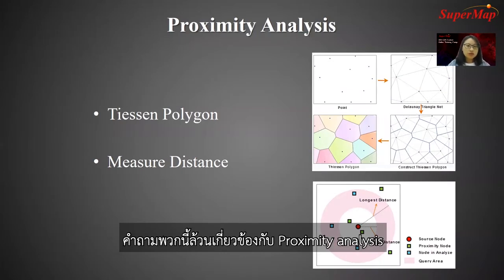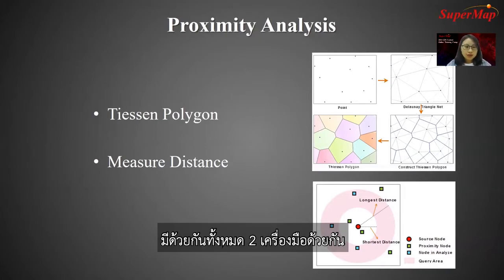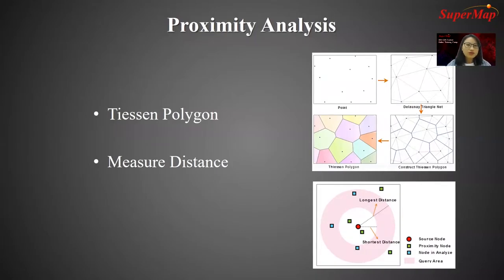These questions are all related with the proximity analysis. And in SuperMap iDesktop, we provide 2 types of proximity analysis. The first one is Thiessen polygon, and the second one is measure distance. As you know, the Thiessen polygon